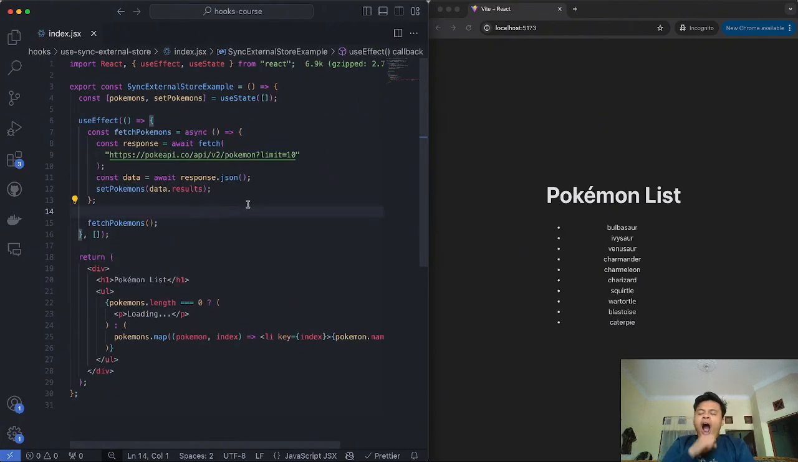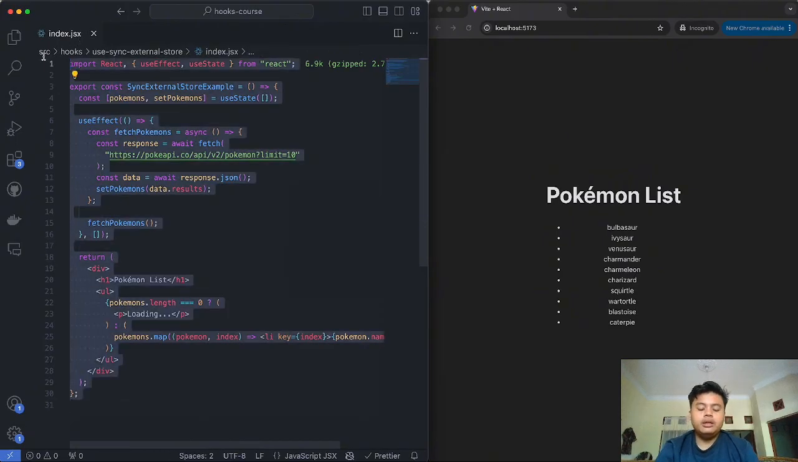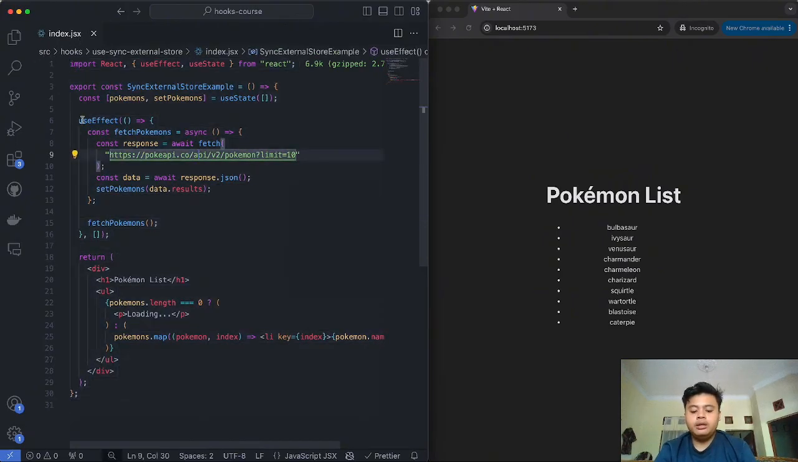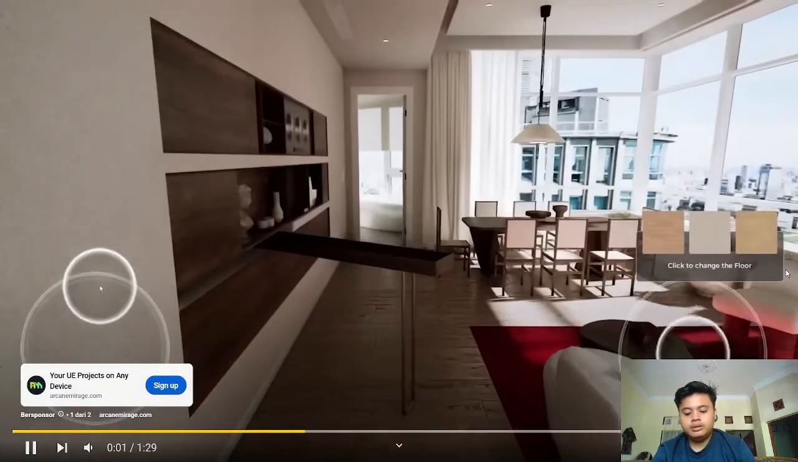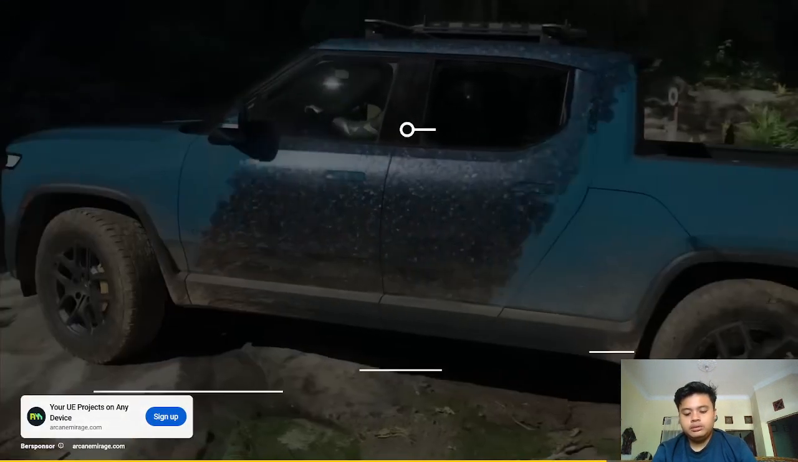Now let's talk about the useSyncExternalStore hook that was recently introduced in React 18. Now, to explain this hook, I made this example component over here, which is a very simple component that just fetches data from the Pokemon API and displays the list of Pokemon. But in a getSnapshot function,